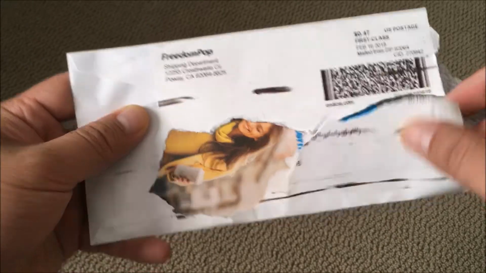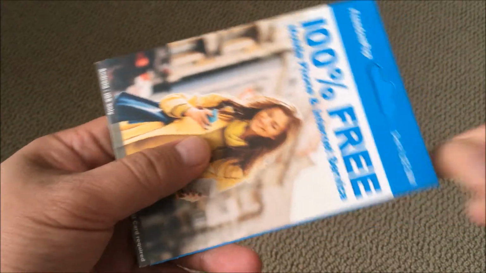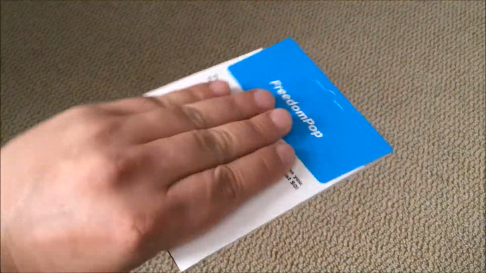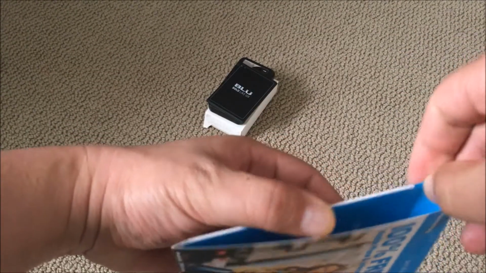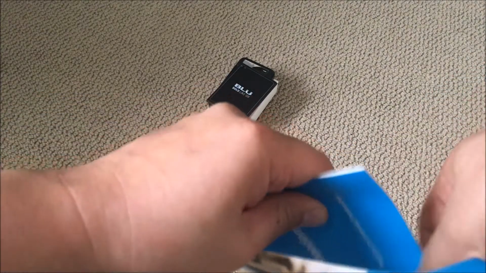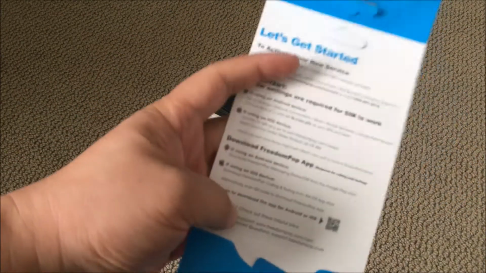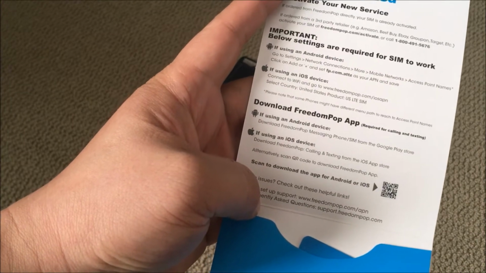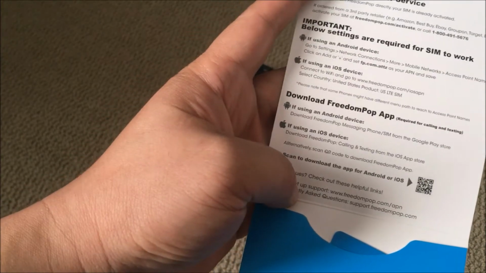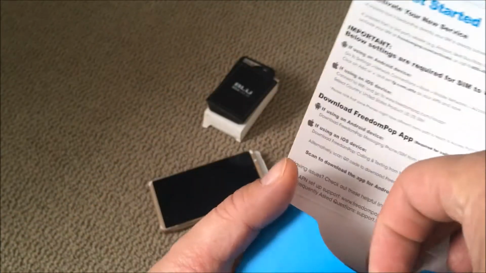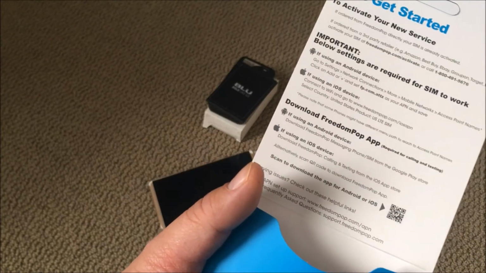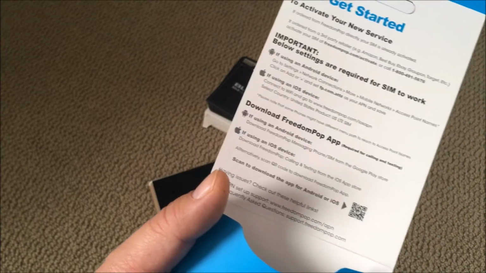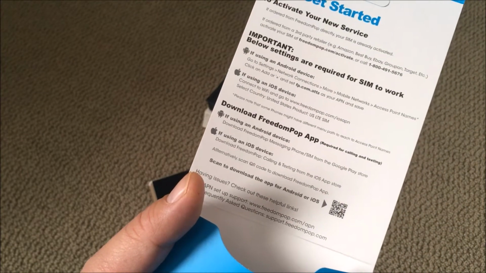Came shipped in this first class envelope. So I wanted to give this a try. The directions are pretty straightforward. And so it seems like you need a Freedompop app to do calling and texting, so